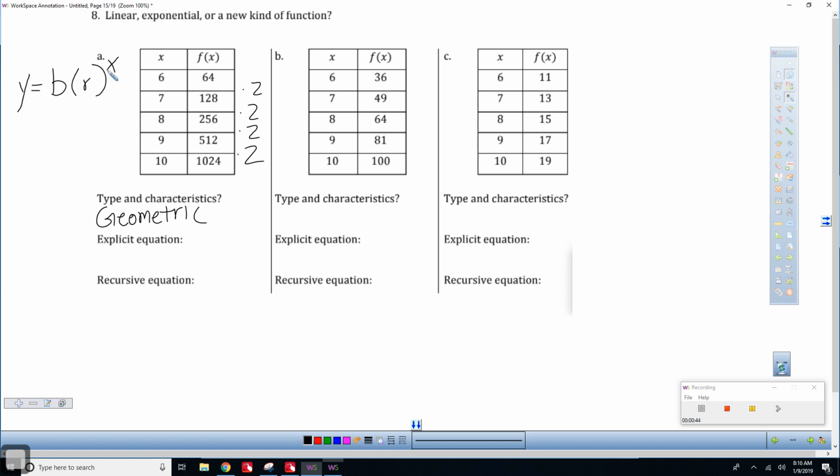Ooh, how are we going to get that? We're going to have to remake a chart. So we have 6 is 64. We need 5, 4, 3, 2, 1, and 0 to find our b. Remember this? So divide by 2 to get 32. Divide by 2 to get 16. 8, 4, 2. Oh, b is 1. Nice. And our r is here. That's our rate. So the equation is y equals